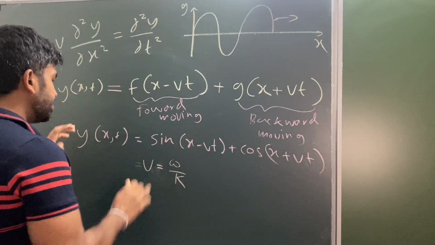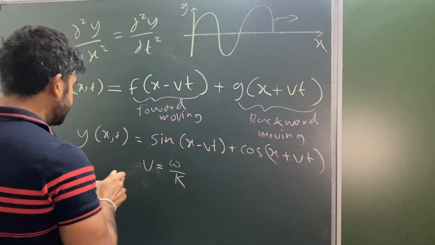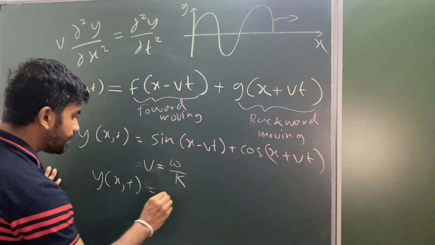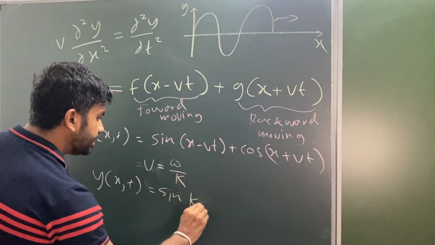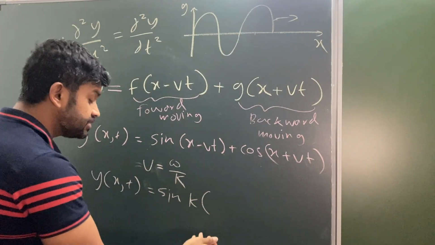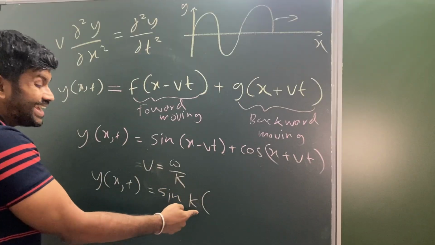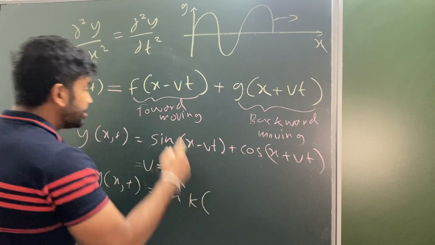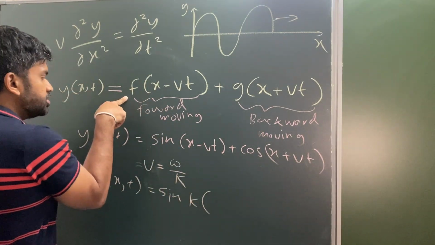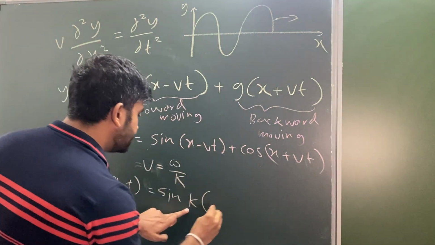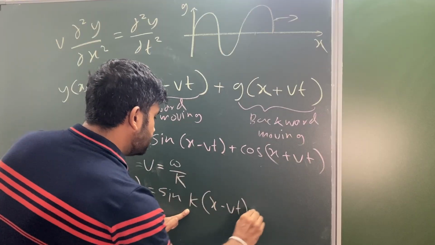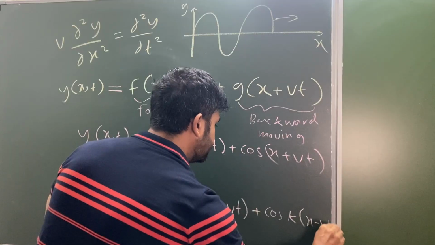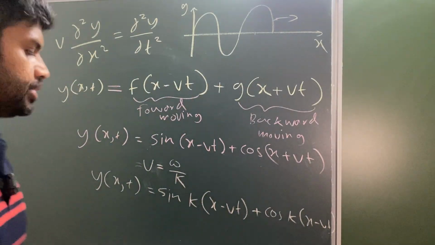And imagine now, instead of just writing it like this, if I modify this equation a bit with the k, sin k, even still this satisfies, because even if you put this constant k in front of this, this is still a function which behaves like f, then here sin k(x - vt) plus here cos k(x - vt),